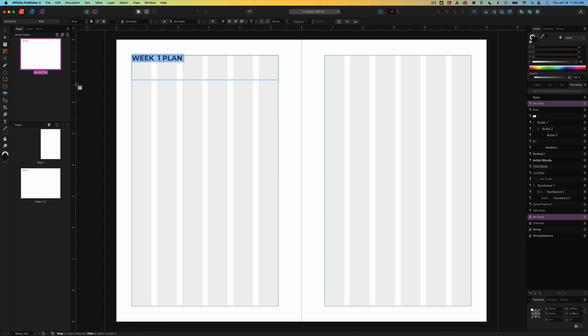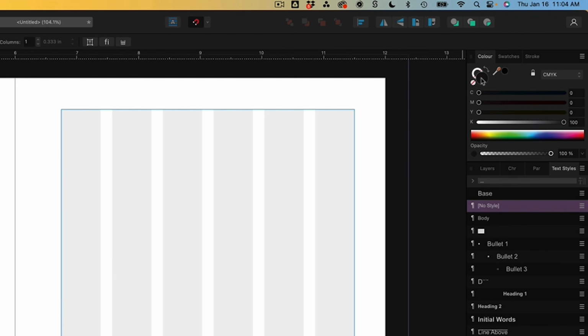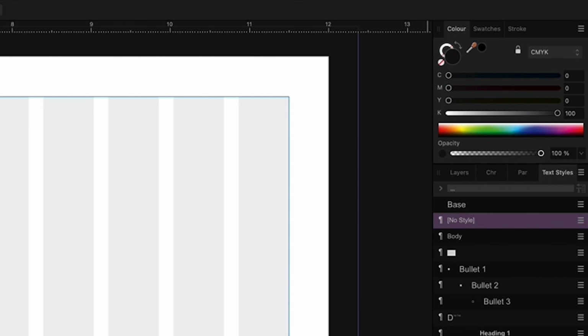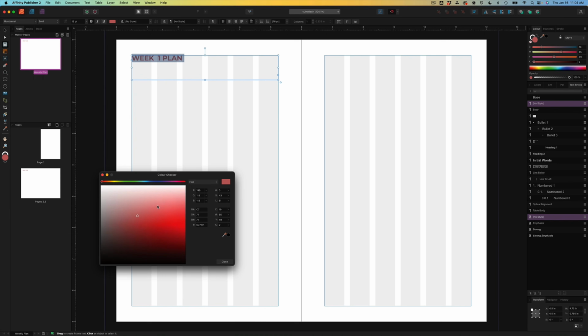And I also want to adjust the color. I don't want it to be stark black. So color is over here on the right-hand side. I'm just gonna click on that. So you can use the color picker to just pick anywhere along the spectrum here, and then you would click inside. Now I'm gonna keep my interior black and white and various shades of gray, so I'm not gonna worry